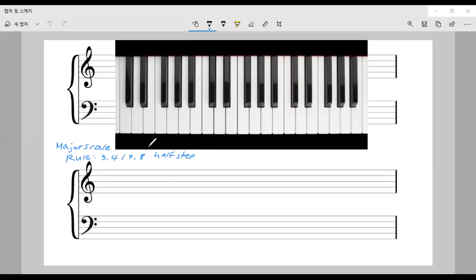As we looked over the C major scale, from C to C, we have 3, 4, 7, 8, which is E, F and B, C is half step, right? So we always draw out the rule from the C major scale, okay? So we are going to make